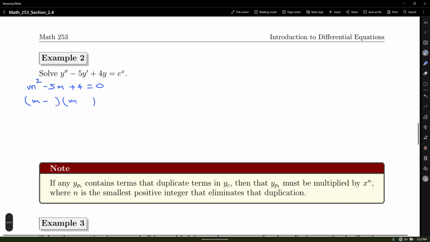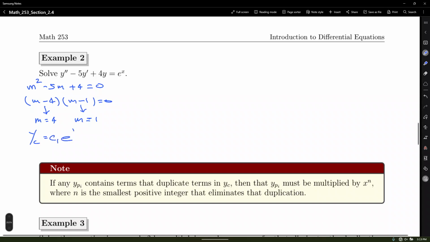Are they -4 and -1? Actually, yes. By the zero product property, m equals 4 and m equals 1. So writing down our solution, y sub c, the homogeneous solution, is c1 e to the